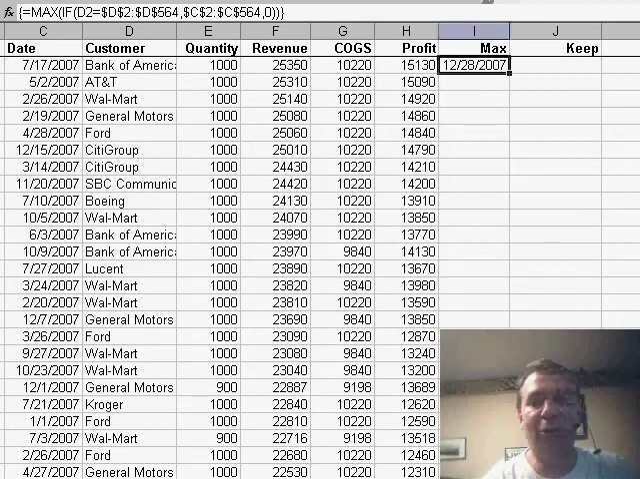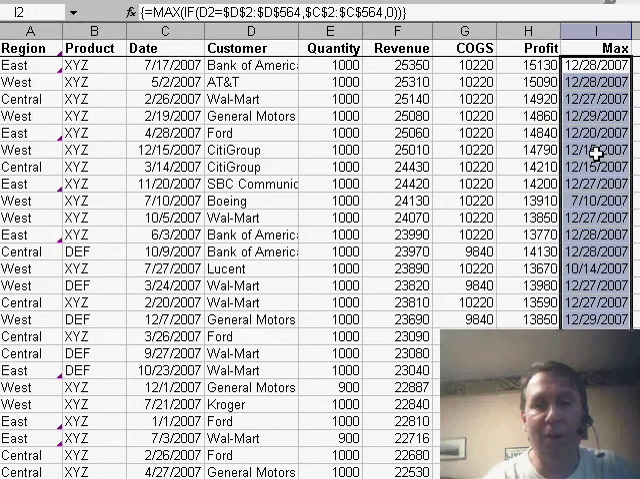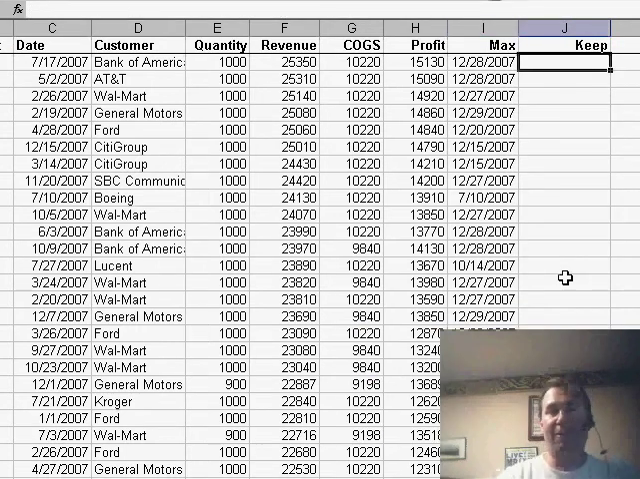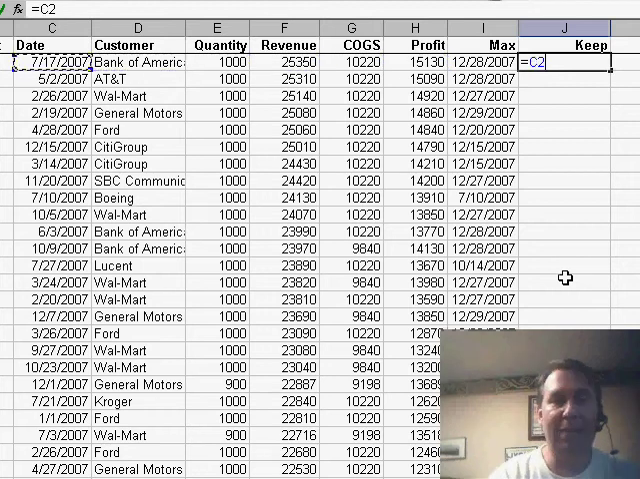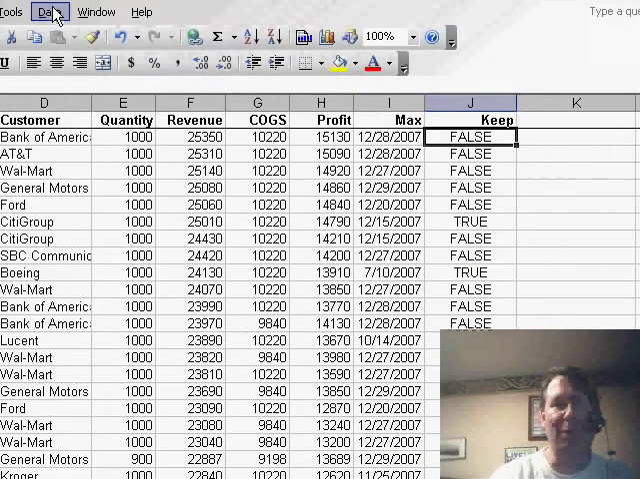And sure enough, Excel will figure out that for Bank of America, the largest record is 12/28/2007. And as I copy this down, it should go through and figure out what the largest date is. So here for Citigroup, the last time that we sold to them was 12/15/2007. That array formula is doing all that magic. And then my keep formula now is, hey, let's see if this current date, so 7/17/2007, is equal to the max date. Most of the time we're going to get false, but one record for every customer, we will get true. And then just like yesterday, we'll turn on the auto filter